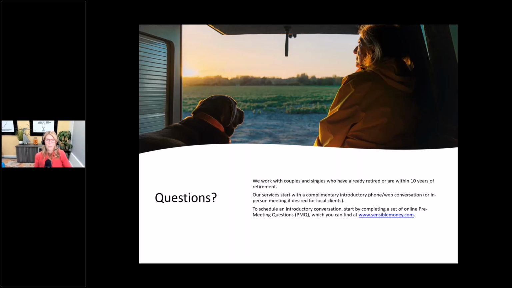Okay, we've got a question regarding planning for spouses who have a 20-year age difference. Could you please address the planning challenges of a couple with a significant age difference? My husband is 20 years older. He is planning to retire in a couple of years at 70, and I will be dramatically cutting down on work to spend more time with him, so essentially partially retiring as well.